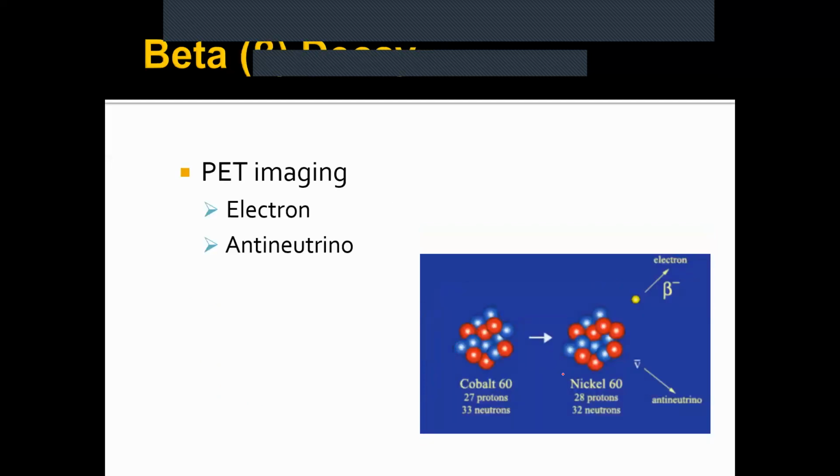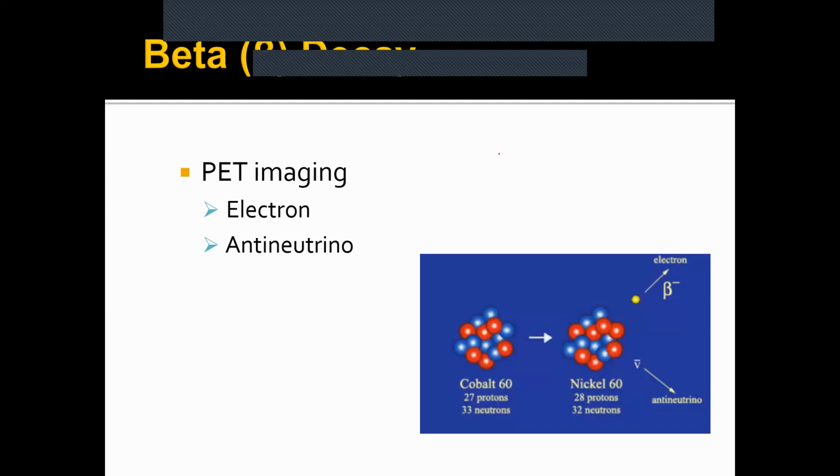And so here we have a beta decay. What's going to happen is you have cobalt, which has 27 protons and 33 neutrons, and it's going to decay into nickel. So what it will do is gain a proton and lose a neutron. And the way that works is